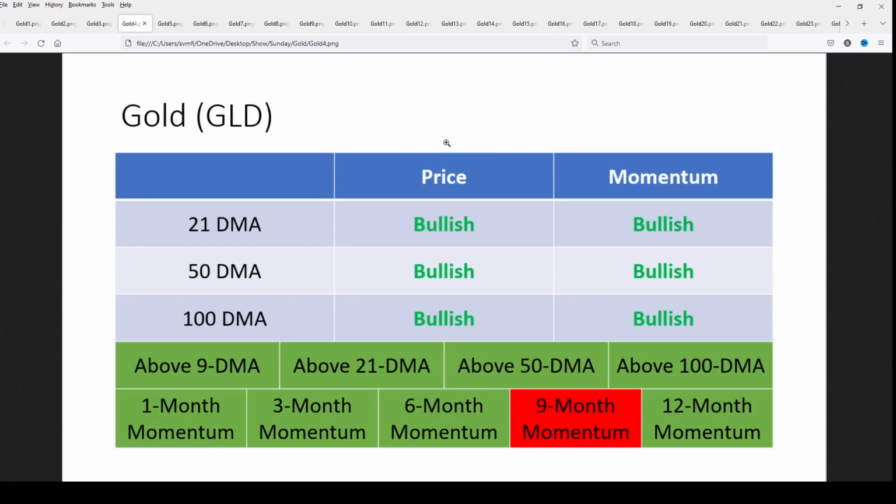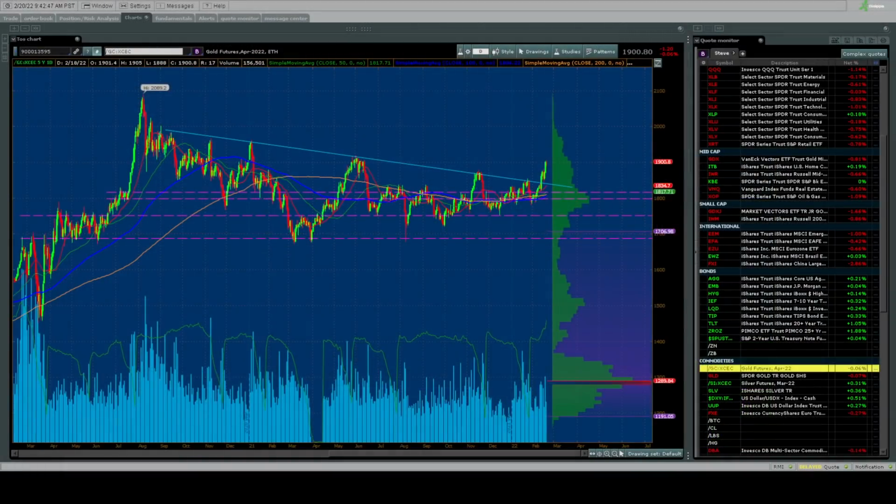a breakout. All right, let's take a look at the longer term picture, and nothing but good news here for gold price. Bullish, momentum bullish above all the key moving averages. Only 9-month momentum is lagging, but that's not a significant one. You've got a 12-month breakout. That is good news. That means you're going to see everything jumping in that can in terms of all of